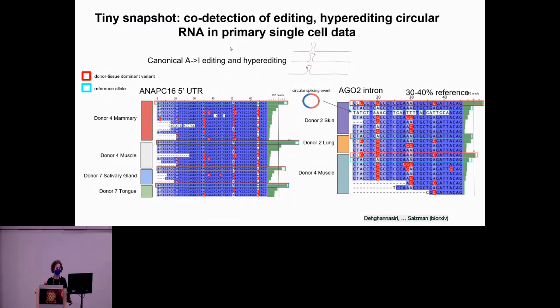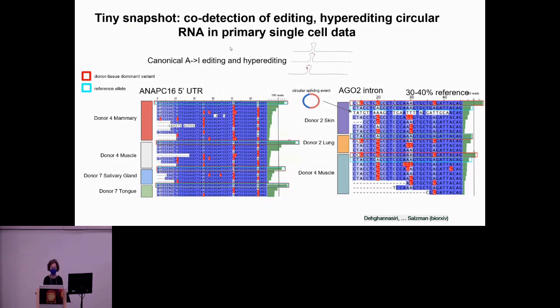So why would you expect this? Well, if there's a transcript that is getting hyperedited and different cells have different levels of that editing, first of all, SPLASH would find it. It would fall into this formulation that I had to skip some of the details of for time, but the idea is that once I see a K-mer, in this case, the blue K-mer right abutting the red, that blue thing is going to be fixed, but the red sequence is going to change by how much editing has occurred.